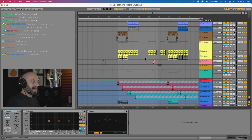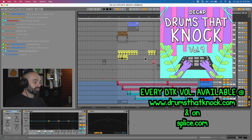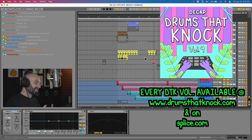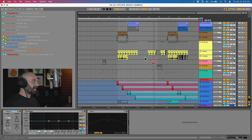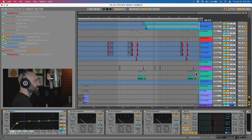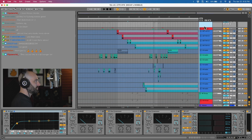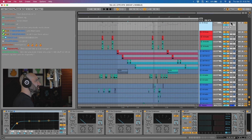That's why I love doing live percussion loops. You can really get in the pocket more so than if you're playing something on the grid. I do a lot of live percussion, and I put percussion loops in my Drums That Knock packs, so you could just drag it in and it gives you an off-the-grid sound, which can give it a new bounce. Vocally, I have a lot of vocal tracks, so I had to do a lot of freezing because all the processing I do on the vocals was just getting extreme. This whole section,